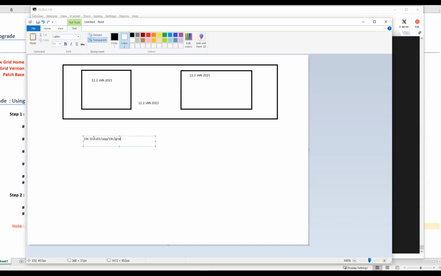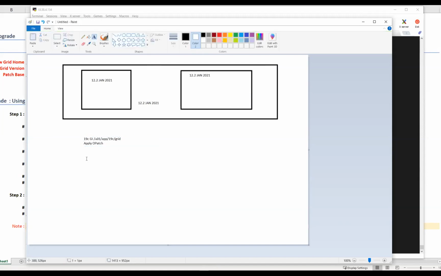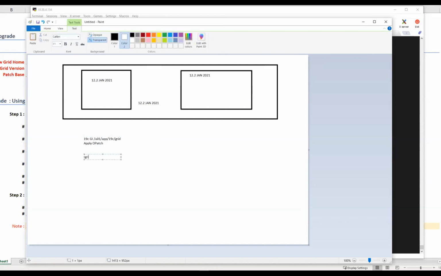Now I will apply the latest OPatch, and then I'm going to run grid setup.sh with apply RU Jan 2021 PSU.